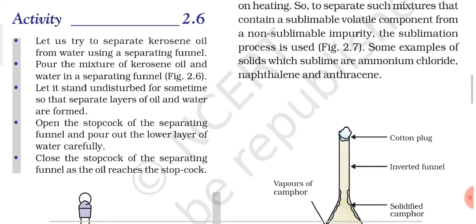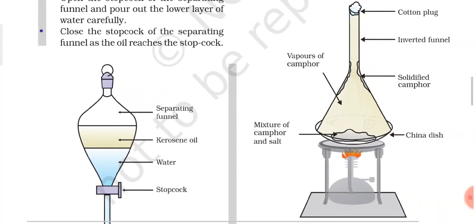Now for this method they have not given any such explanation, but I will be giving it on the basis of the figure which they have given you, and because you all already know about this process of sublimation in detail. So as you can see, this figure is showing the sublimation. In a china dish you are having a mixture of camphor and salt, and then you have to cover this china dish with the help of a funnel, and this funnel you have to put in an inverted manner as you can see in the figure, and you have to close the opening with the help of a cotton plug.